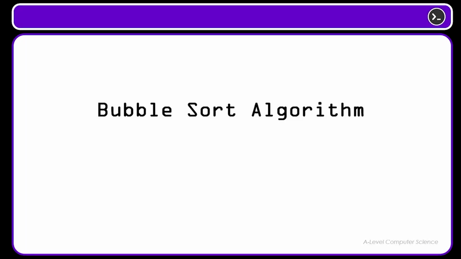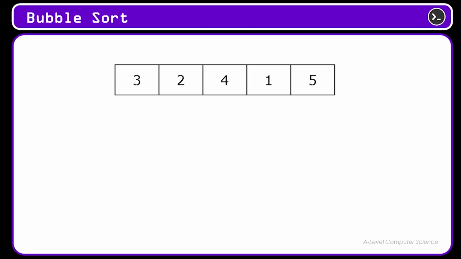In this video, I'm going to show you how a bubble sort algorithm works on a list that is not in order. We start by taking our list of items which are not in order, writing them out, and we're going to check the first two items in the list, the number 3 and the number 2. We're then going to check if 3 is greater than 2. The answer is yes, so a swap is going to take place, and the 2 is now in the right place for now, and we're going to leave it as it is,